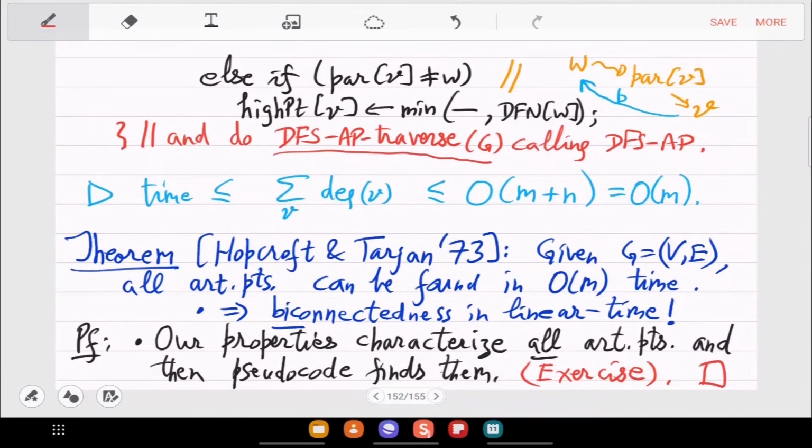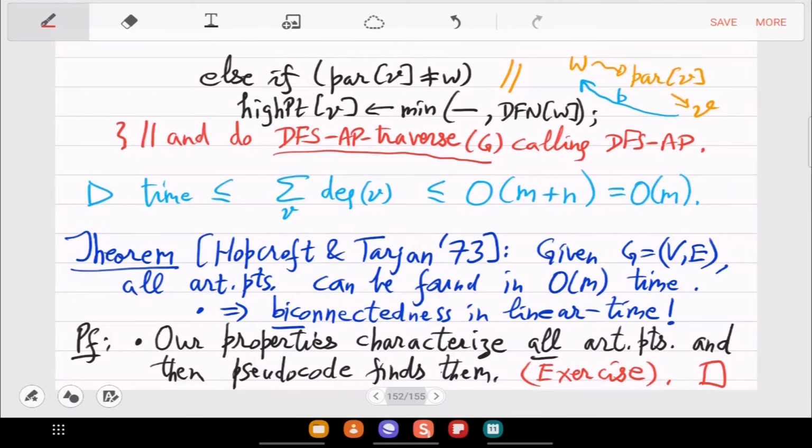So you have to first show that pseudocode correctly computes high point V for every vertex V. Okay. That's a recursive proof. So once high point V has been correctly calculated, then you have to basically use the property that checks high point of W. So is there a child whose high point is at least DFN of the parent?